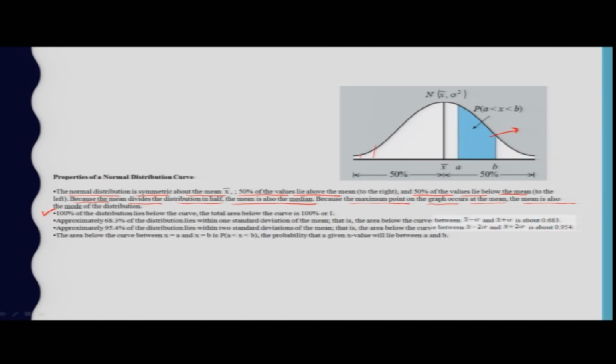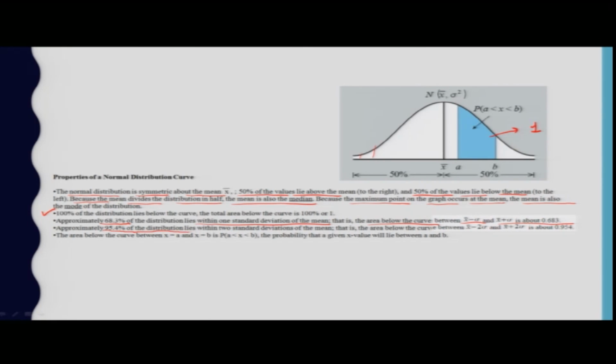So the total area below the curve we can take as 1, and approximately 68.3% of the distribution lies within one standard deviation of the mean, that is, the area below the curve between x minus sigma and x plus sigma is about 0.683, that is 68.3%, and about